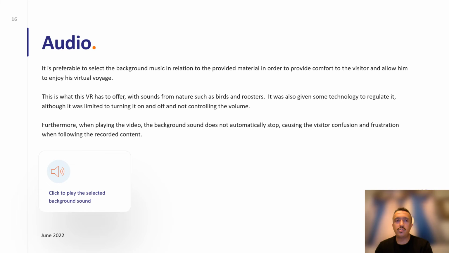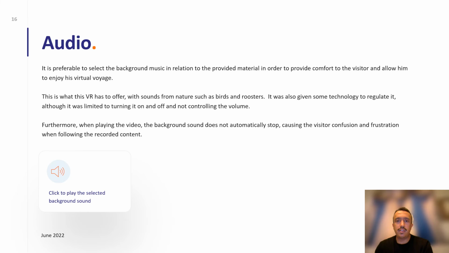Here we can also highlight that audio is used in this exhibition. It's preferable to select background music in relation to the provided material in order to provide comfort to visitors and allow them to enjoy their virtual voyage.